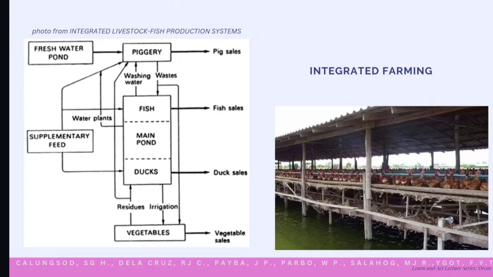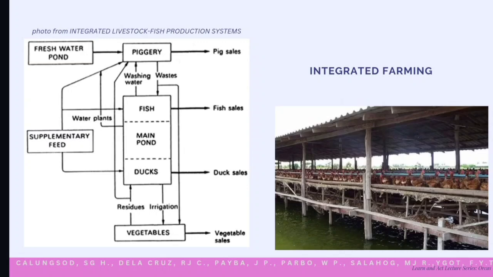Integrated farming systems most likely include diversity by incorporating multiple types of production. Then there is nutrient cycling, which involves recycling waste products from one component as inputs for another. For example, livestock manure can be used as fertilizer for crops and crop residues can be fed to the animals. Then we have resource efficiency. By using resources such as land, water, and labor more efficiently, integrated farming can reduce costs and increase profitability for farmers. And then we have sustainability.